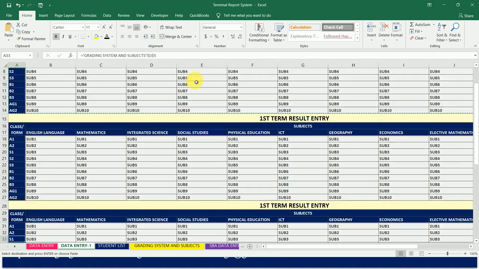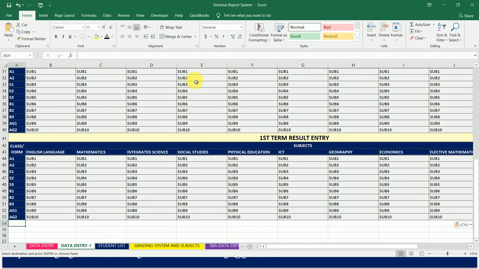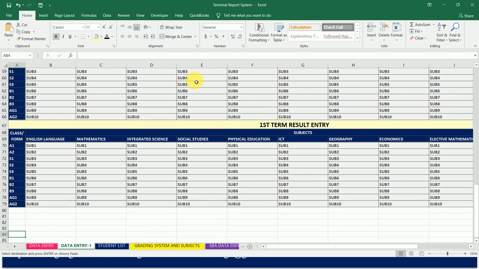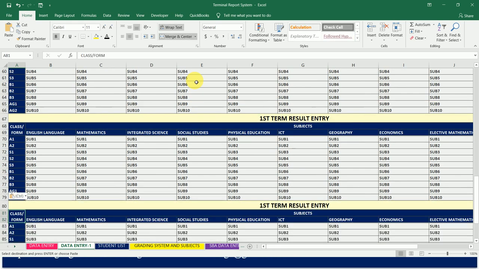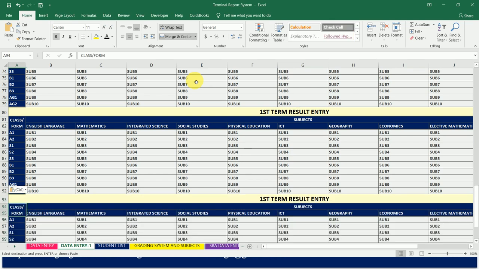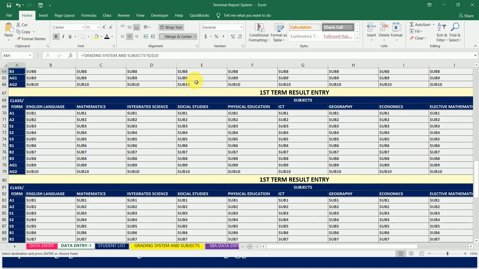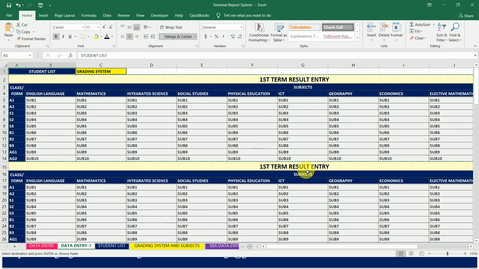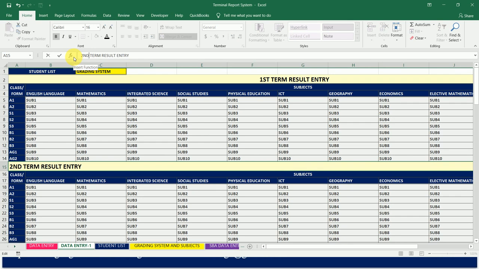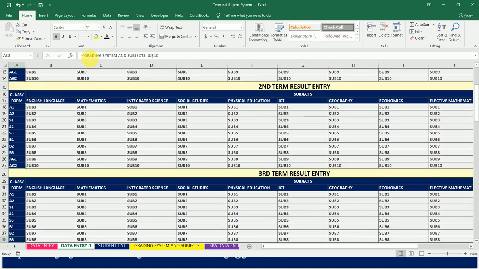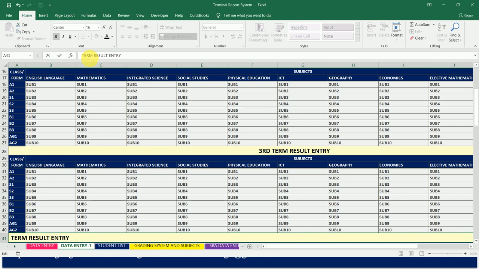So first term, you have second term, third term, fourth term, fifth term, sixth term, seventh term, eighth term, and ninth term. So all you need to do is to make changes. So you just click in it, then you come in here to write second term, then you go to the next one, you say third term, enter. You do the fourth,